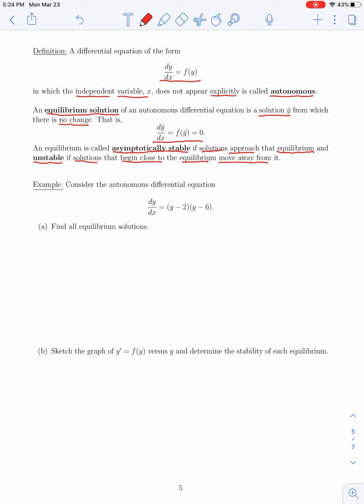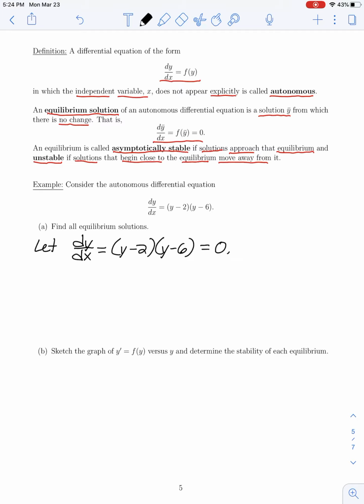So let's look at some examples of how we could determine stability. In this next example, we are asked to consider the autonomous equation dy dx is equal to y minus 2 times y minus 6. And in part A, we are asked to find all equilibrium solutions. So to find an equilibrium solution, we're going to take our derivative, y prime, or in this case we're using the notation dy dx, which was defined as y minus 2 times y minus 6, and we set that derivative